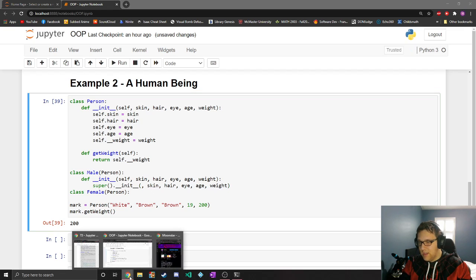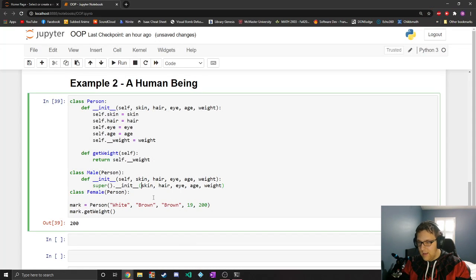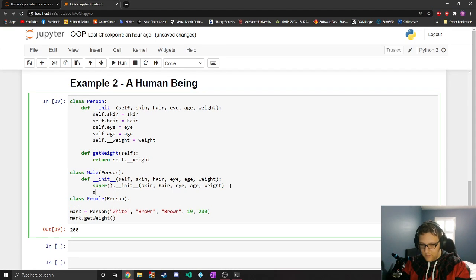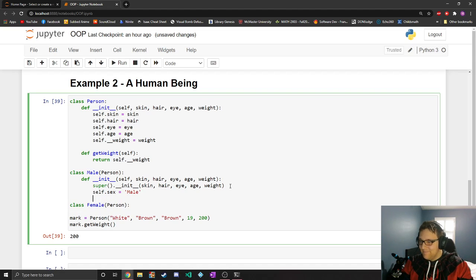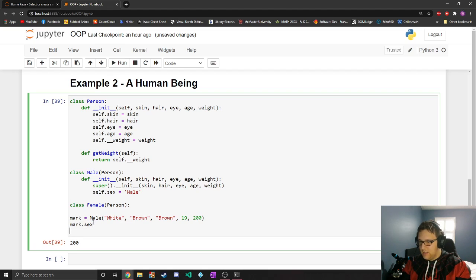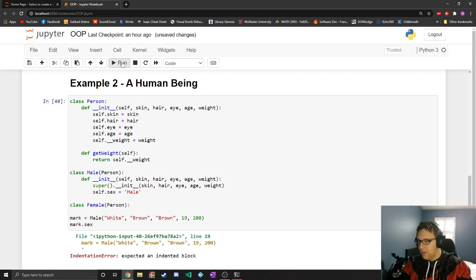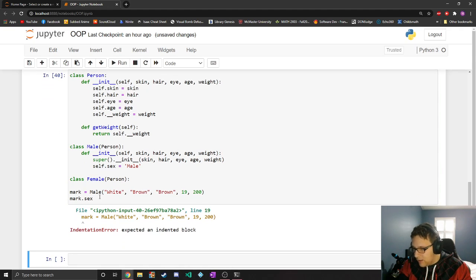I didn't actually read that. That might have been valuable to have read, but hey, let's experiment. However, I'm not done first. I want to also add self.sex equals male. So if I make Mark a male now, and I print my sex,